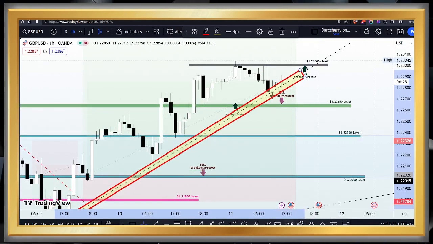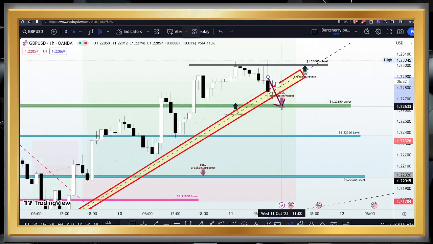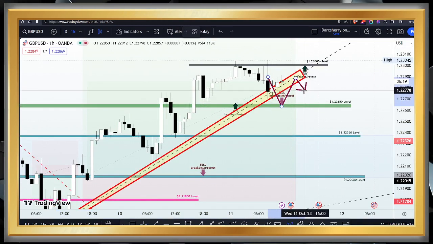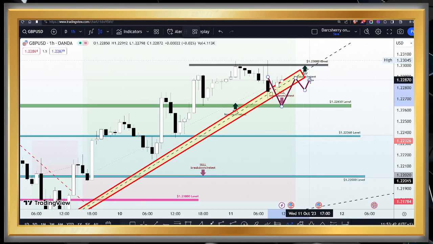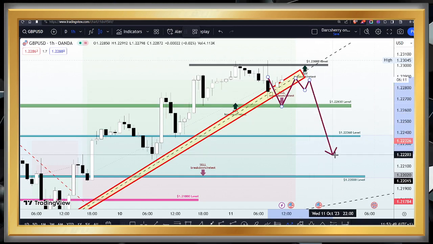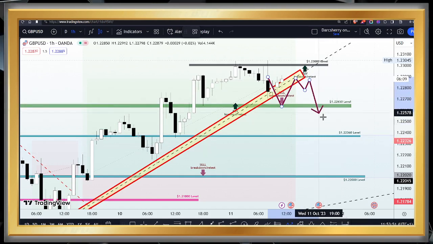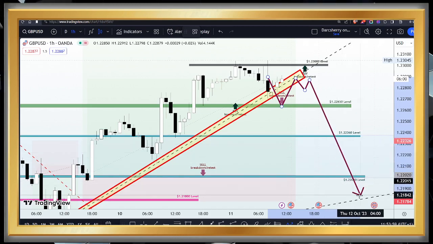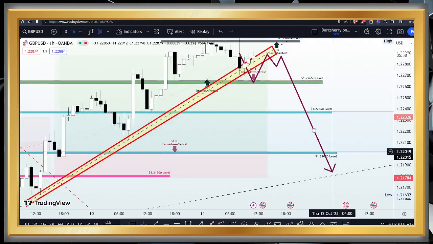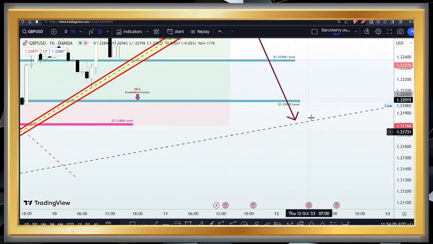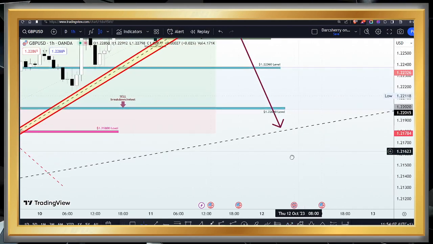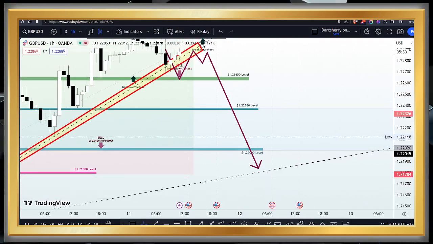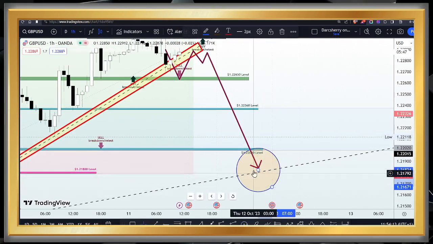Now, one thing I'm going to be looking out for to sell is a breakdown of structure, then a retest of that structure to confirm that truly buyers are finding it difficult to climb above that ascending trend line. Then we can join that downtrend move. And if we join, we can have more opportunities at the breakdowns of levels such as the 1.2265, 1.2236, and the 1.2200 area, where it will lead us back into that major ascending trend line we identified on the higher time frame.